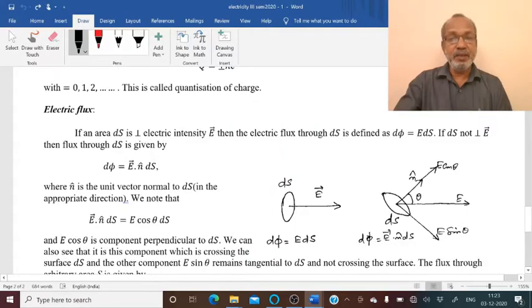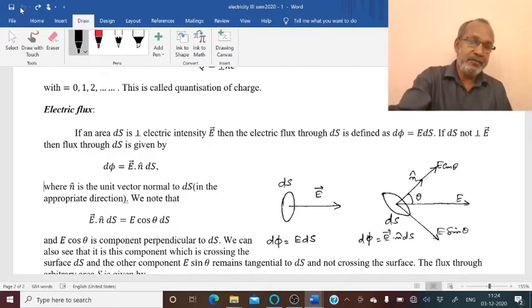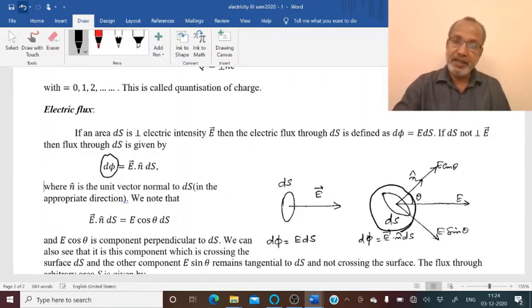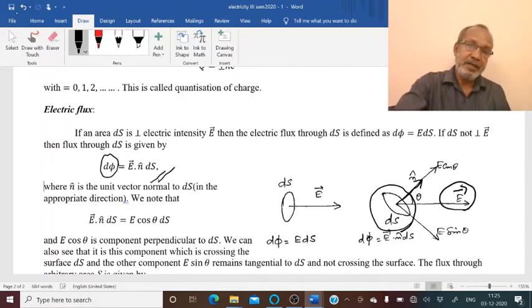You can see it here. This is an example from the third semester paper Electricity, which I am teaching now for the third semester students. You can see that this electric flux d phi is defined as E dot n ds, where ds is the area through which the flux is passing. That is shown here. This is the area ds, and this n cap is the unit normal to that area. So if n cap is the unit normal to the area, and E is the electric field vector, then the electric flux passing through the area ds is defined as E dot n ds.